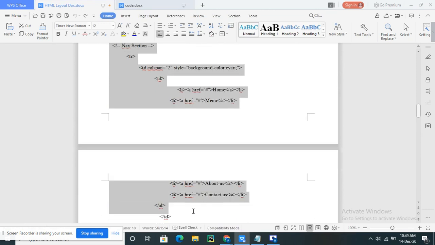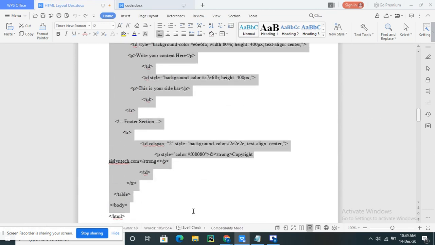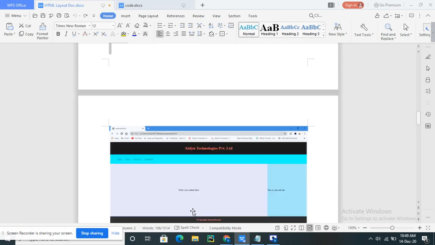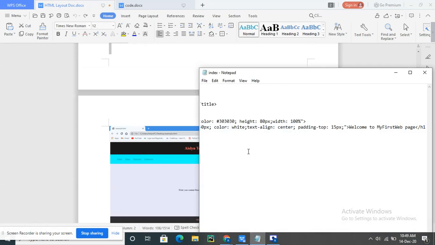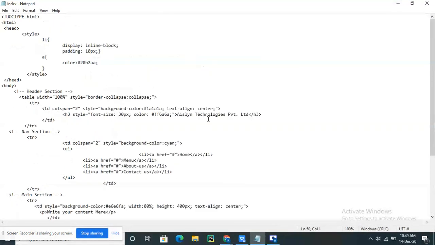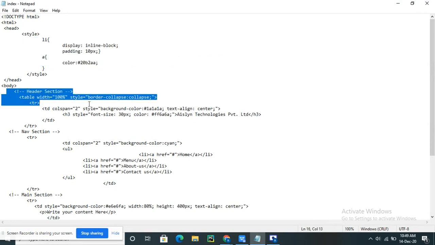Now I'll copy this entire example and show you how I am using all the options. I'm writing in Notepad, and you can use whichever browser you want. You can observe here that I'm using CSS properties, meaning I'm adding CSS. In the body I'm writing my code. Here in the header section, I'm putting the table width as 100, and border and column spacing.